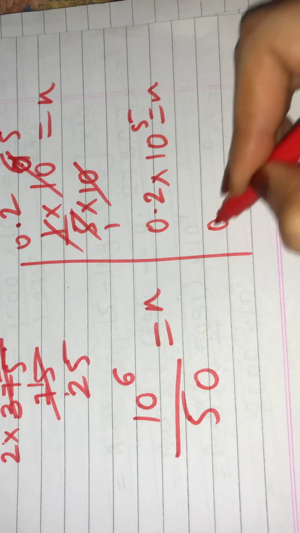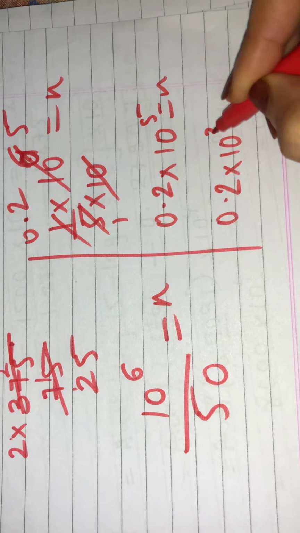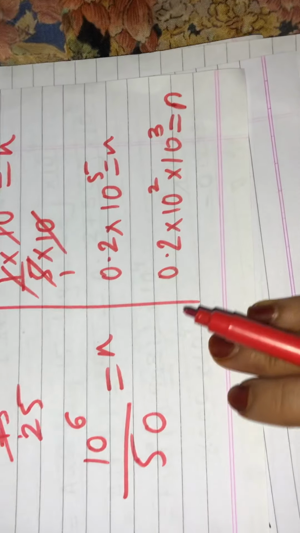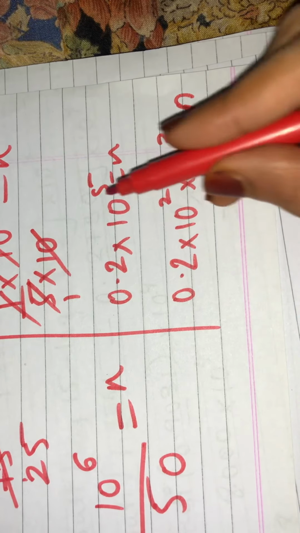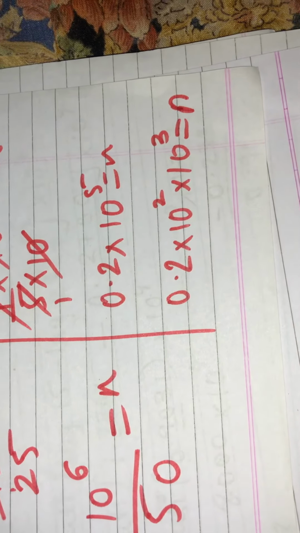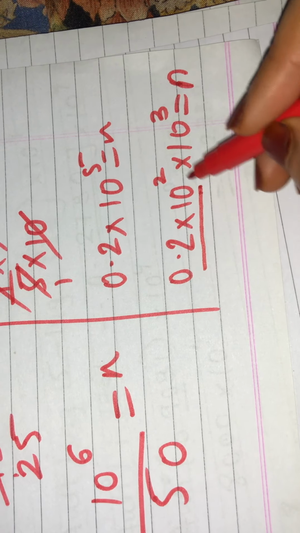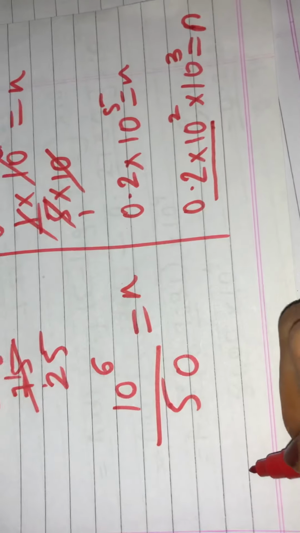I'll break this: 0.2 into 10 raised to 2 into 10 raised to 3 is equal to n. 10 raised to 5 I have broken into 2 plus 3, that will give me 5. You all have learned indices. So I'll multiply 0.2 into 10 raised to 2. That will give me,